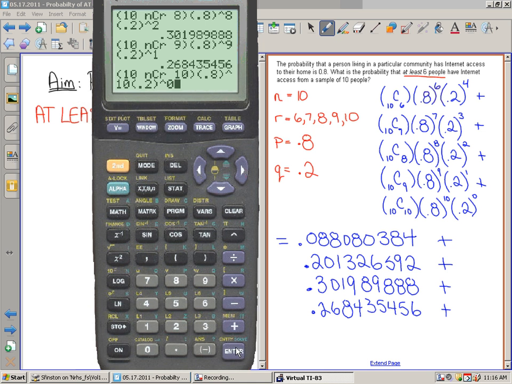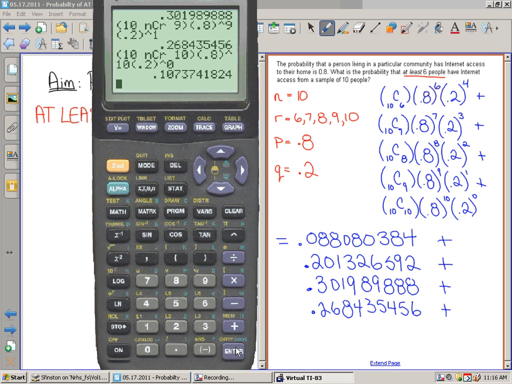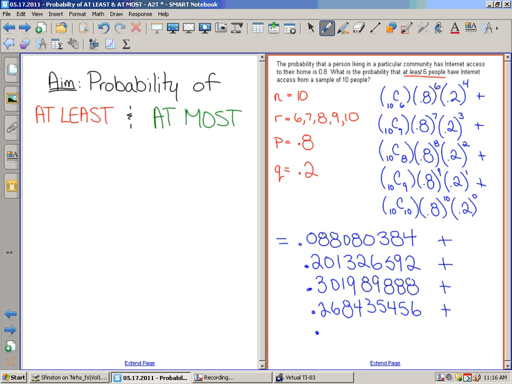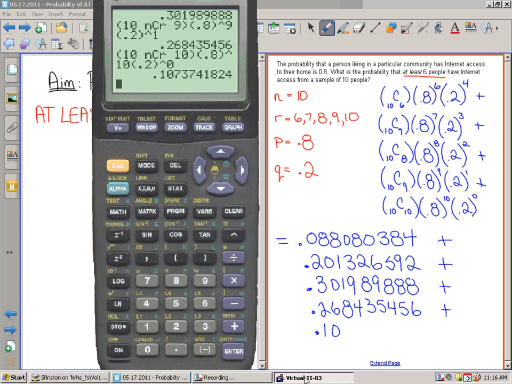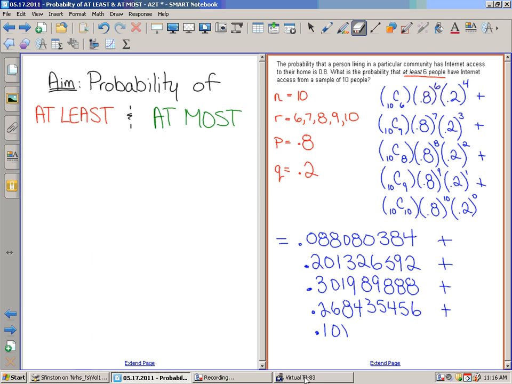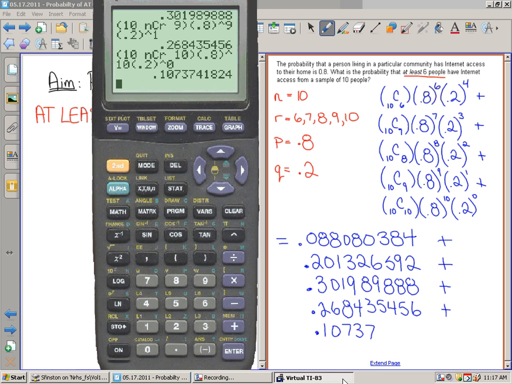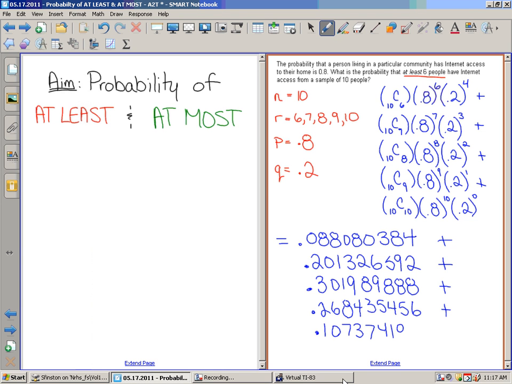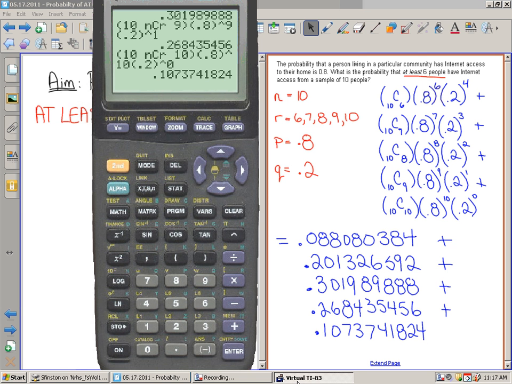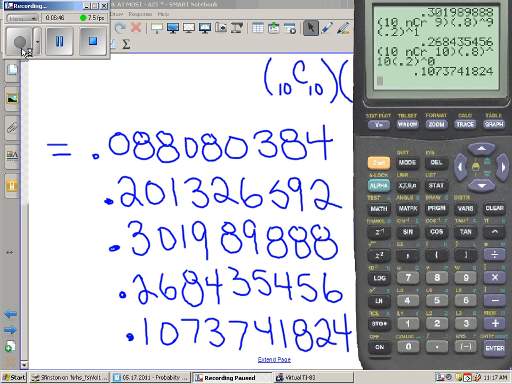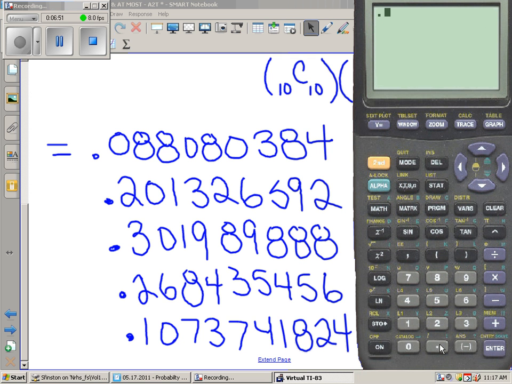Second insert. 10737. Hold on, 41,824. Okay? Hold on one sec. So now we're going to have to do all these numbers, add them in, and so this is